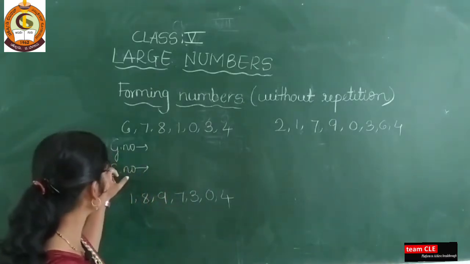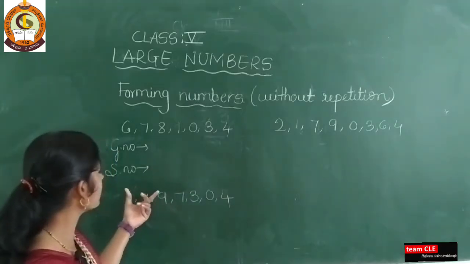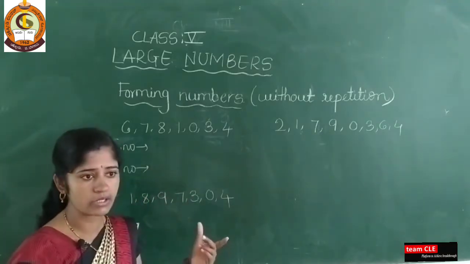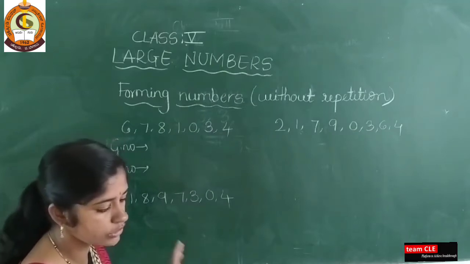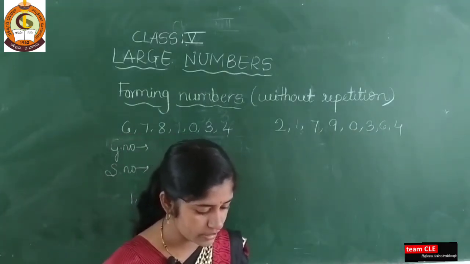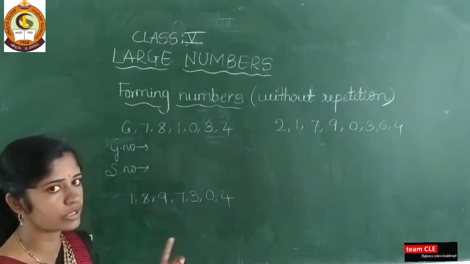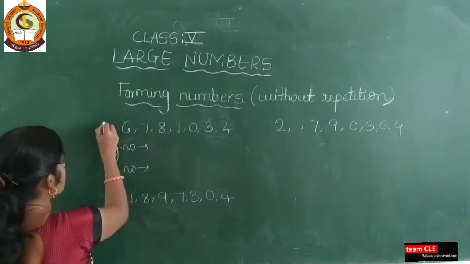Okay. When you are writing the greatest number, you start with the greater number, and when you are writing the smallest number, you start with the smallest number. Here I took these examples from your My Practice Time 4 and page number 85. There are 6 questions there. Among them I took 3 examples. So this is the first question.